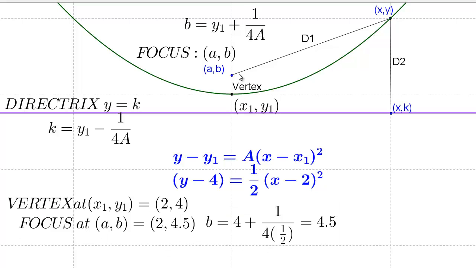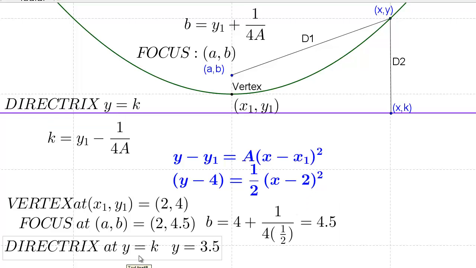I've gone up to get to the focus, from the vertex to the focus, I've gone up a distance of 0.5. The directrix is on the equation y equals k, and it lies below the vertex the same distance as the focus. And we know that distance is 0.5, so it's just 4 minus 1 over 4 times a half, or 3.5. So now we know everything we need to know about this parabola, chiefly that its vertex is at 2, 4,